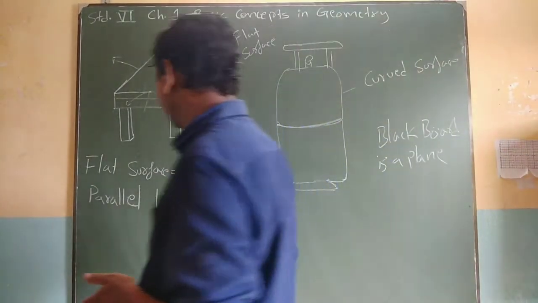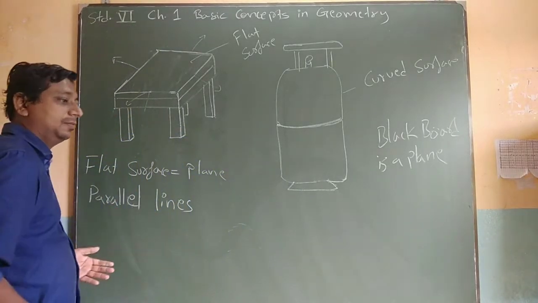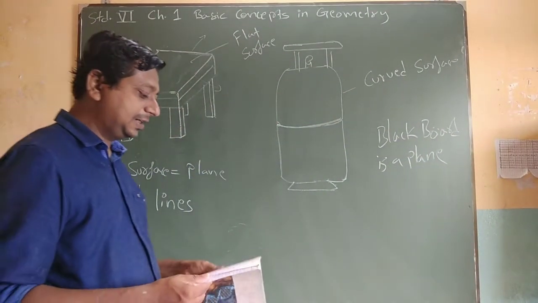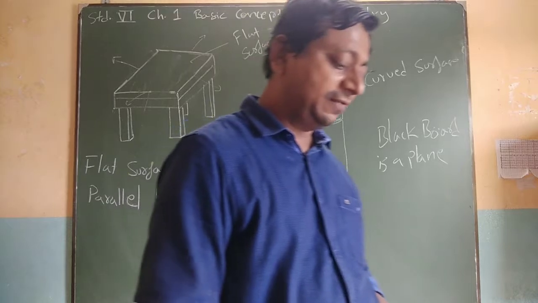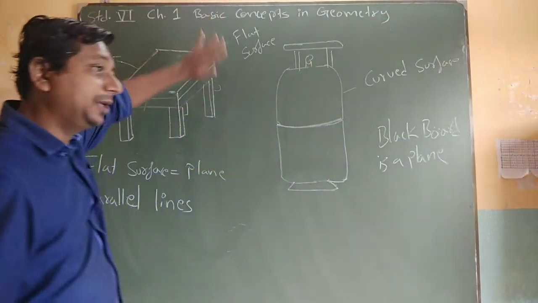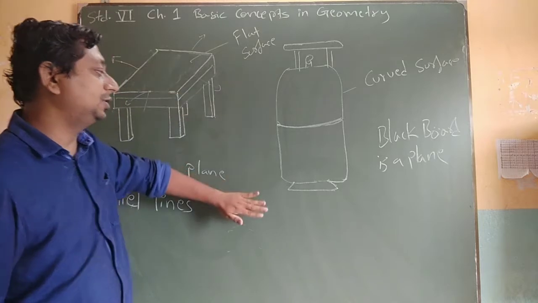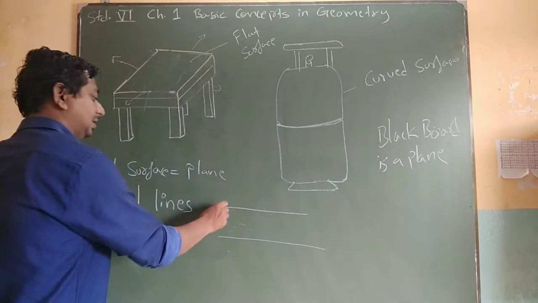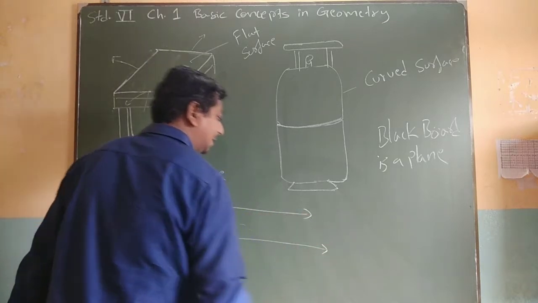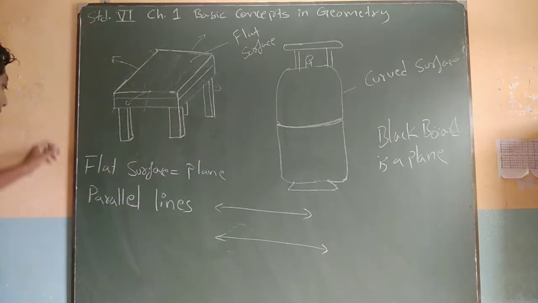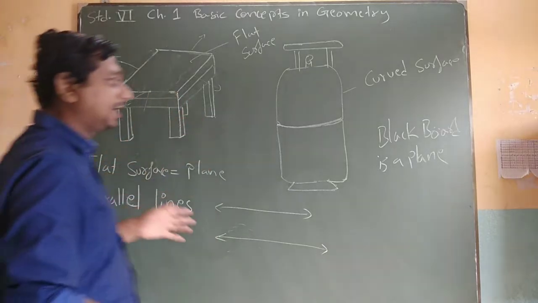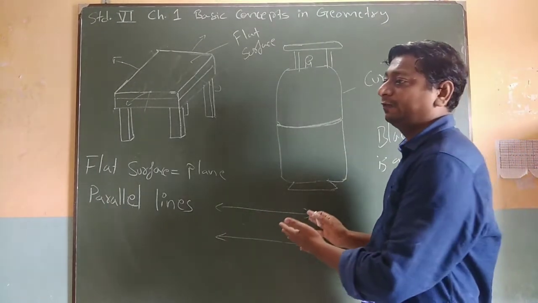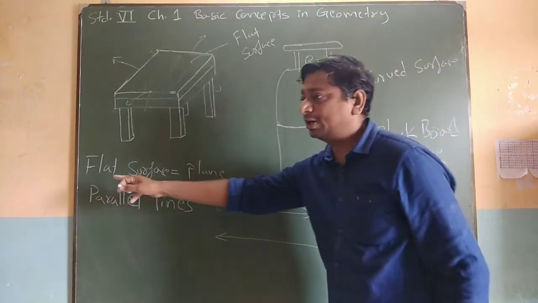Now there is one more concept which we already know, that is parallel lines. What are parallel lines? The definition for parallel lines is lines in one plane. Suppose I am drawing two or more lines on this board. So these are lines in one plane. The board is our plane. I can extend this plane on this side and that side. Lines are also infinite, extending on the left-hand as well as the right-hand side.